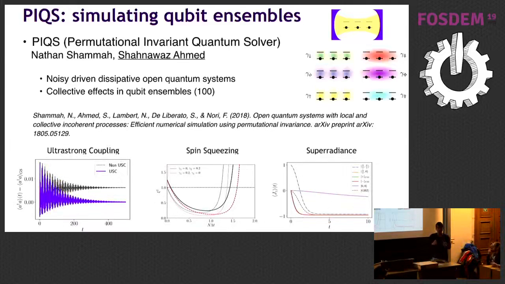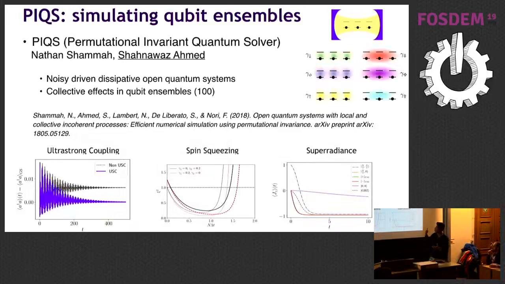And it turned out to be a really, really exciting project, because the moment we released this code, there were people using it. There were people coming to us and saying, oh, hey, we have this system. Do you think we can simulate it with your code? And we are facing this problem. Can you help us solve it? And it was really, really nice and interesting to see that even before the theory results got published, people were coming up and already using the code.